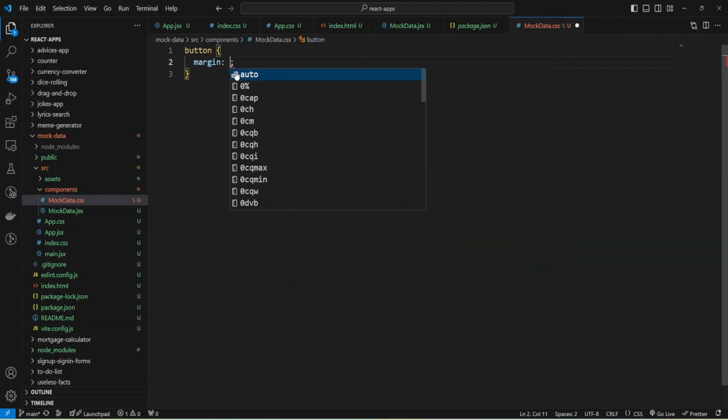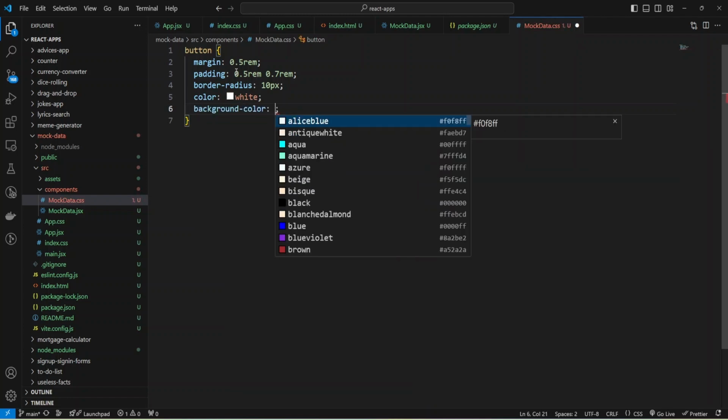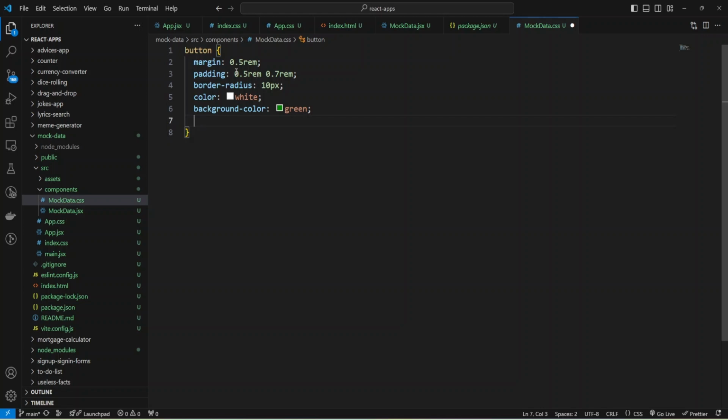We'll need some margin like 0.5 rem, and also some padding like 0.5 rem, 0.7 rem, and also border radius will be 10 pixels, and also we can add color white, and also background color will be green, and also we can increase font size 1.2 rem, and also make border none, and make